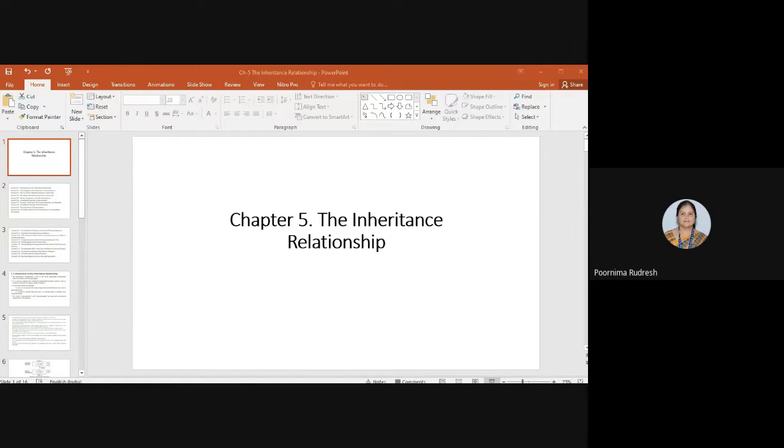Then we'll see the example that we discussed in the previous class. That is class B inherits from class A. See here, we have two classes, class A and class B, where class B inherits from class A. So here, if a class inherits from another class, then class B is said to be a subclass or the derived class. Then if a class is inherited by another class, then it is called the superclass. So in this example, class A is inherited by class B, hence class A is called the superclass or base class. Understood what is subclass, derived class, superclass and base class?